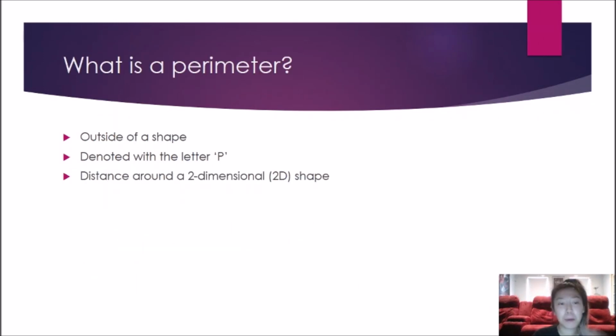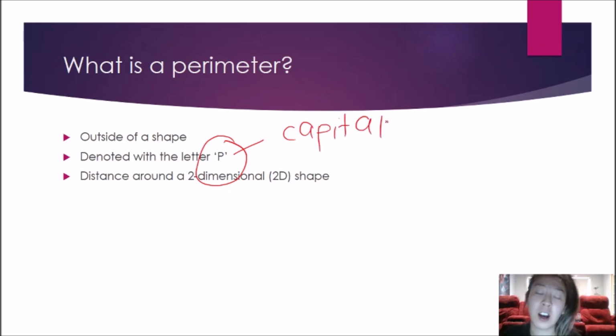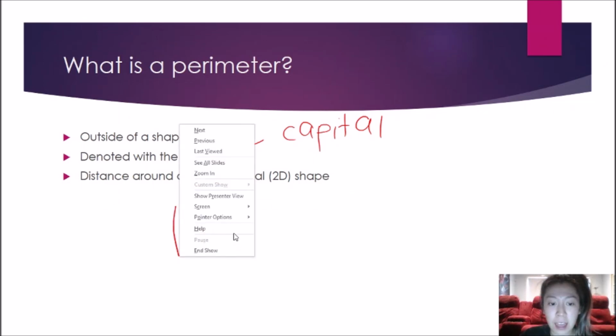So what is a perimeter? A perimeter is the outside of a shape. It's denoted by the letter P. See how this one here is P, it's a capital. Don't ever write a little p because as your math teacher, I'll probably go a bit crazy. So the outside of a shape, let's say we had